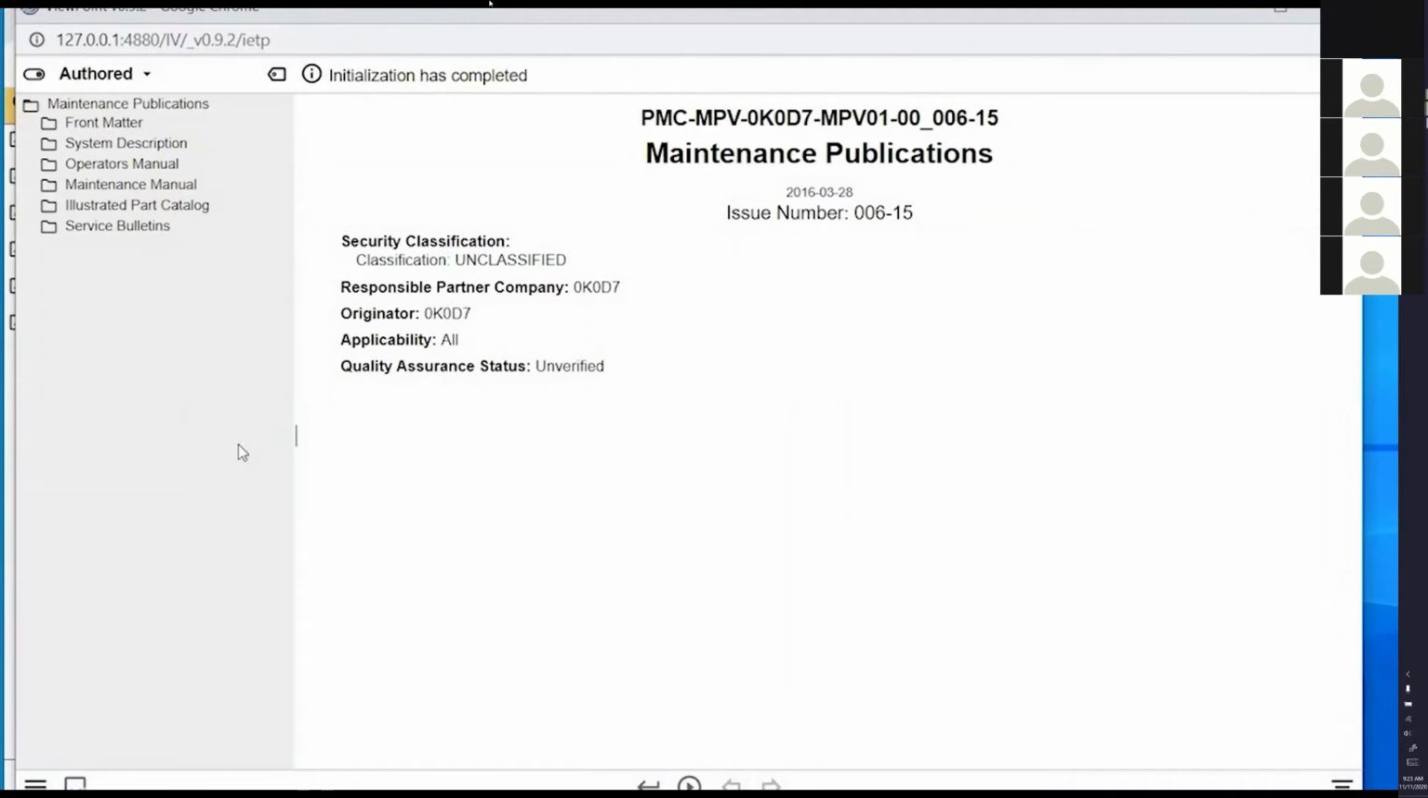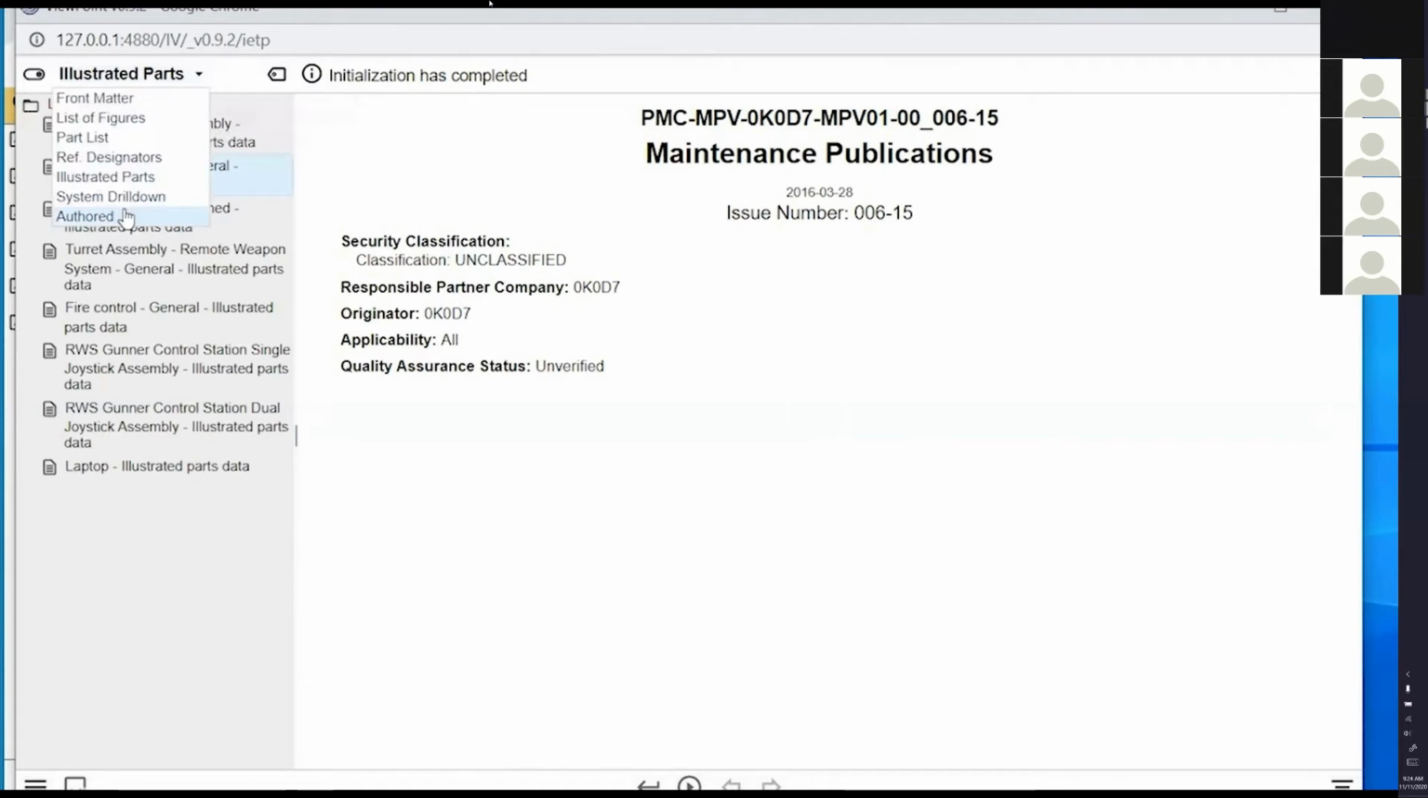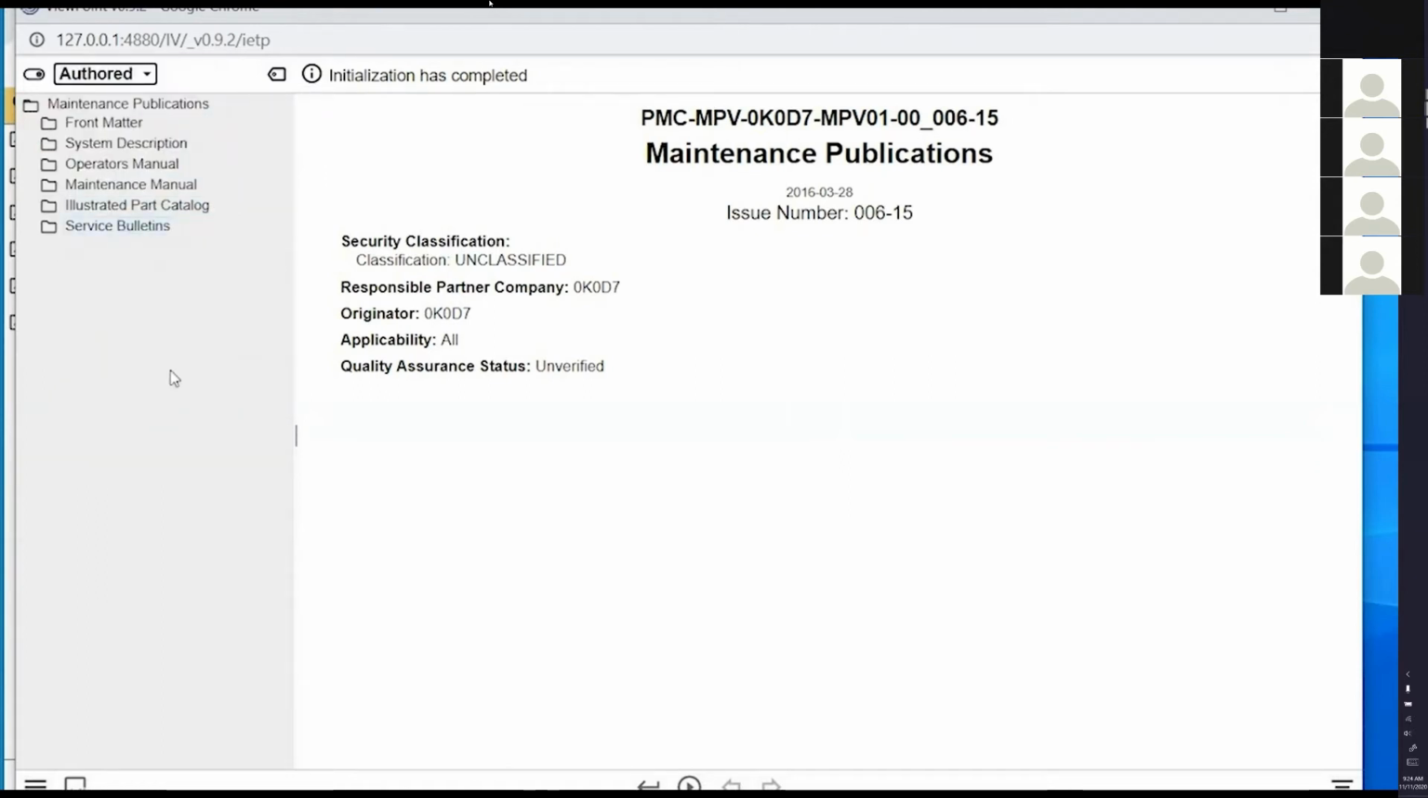However, you can toggle between a couple of different options in Viewpoint, and these are configurable as you're building that publication and publishing it into Viewpoint. So we can switch to a system drill down, we can look at the illustrated parts, and we can toggle back to the original author. So if I look in my maintenance manual,